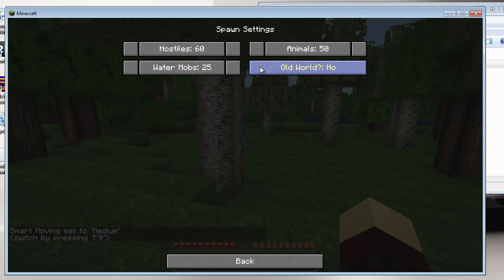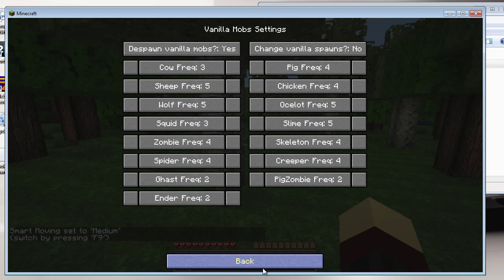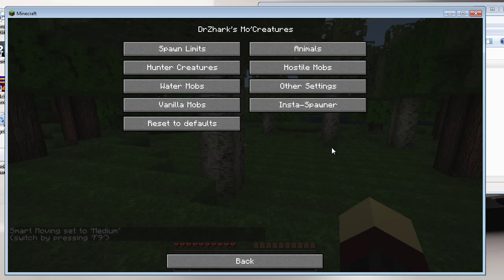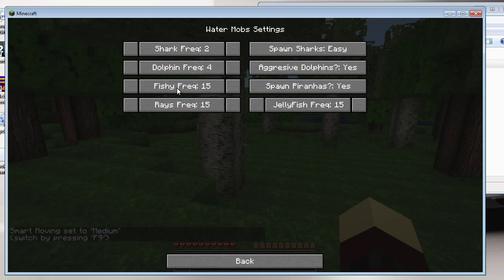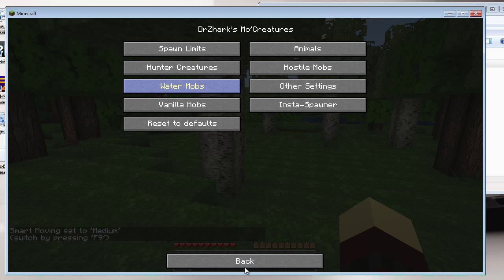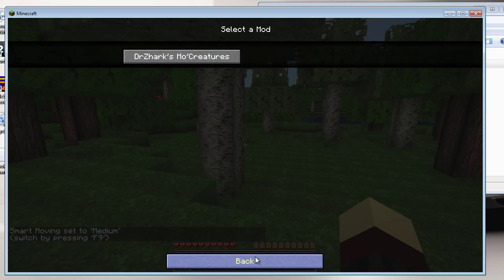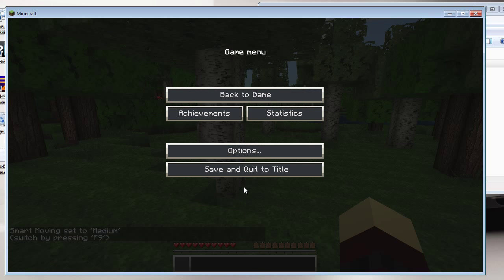You know, choose how frequent you want your mobs to occur and so forth. Let's say I'd really like jellyfish. I'll increase that to 20. Now, so the settings are saved. Okay,